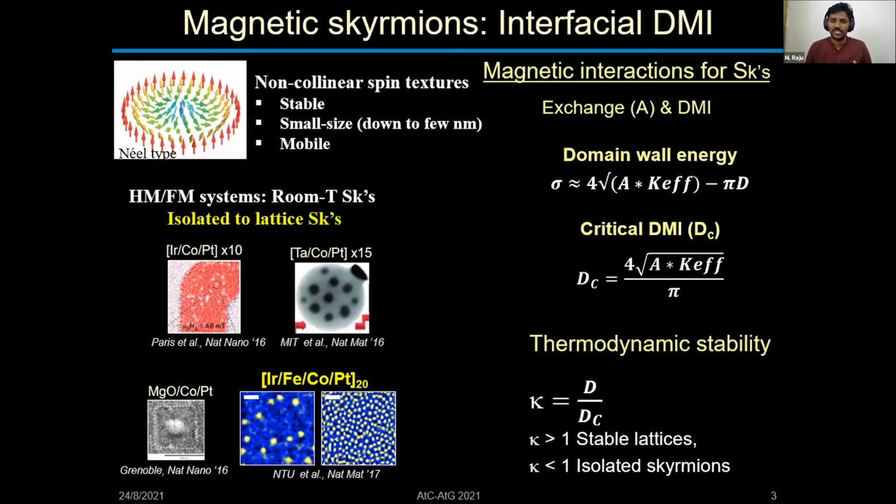To think of the formation of these spin textures in terms of magnetic interactions, they are a result of competing interactions of aligning forces and twisting forces, in this case the exchange interaction versus the Dzyaloshinskii-Moriya interaction. Exchange interaction tries to align the spin moments parallel to each other, while Dzyaloshinskii-Moriya interaction introduces a twist between that alignment. So to think of their formation in terms of domain wall energy, as you can see here,